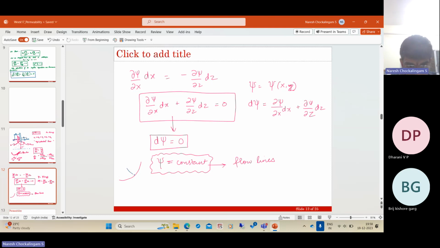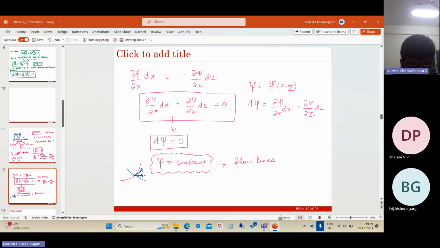So this is an equipotential line. This is a flow line. And suppose the flow line had a component like this. It means that along a flow line, psi is equal to constant. And the velocity vectors are directed this way. But if this velocity has a component along the tangent to an equipotential line, then that violates Darcy's law, which